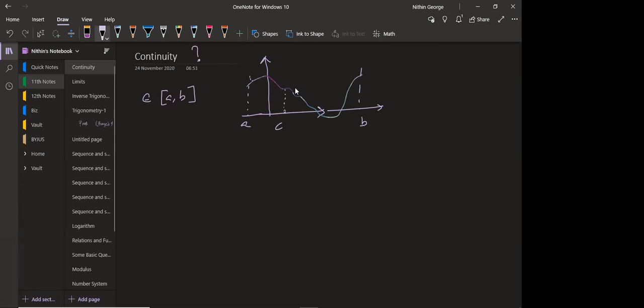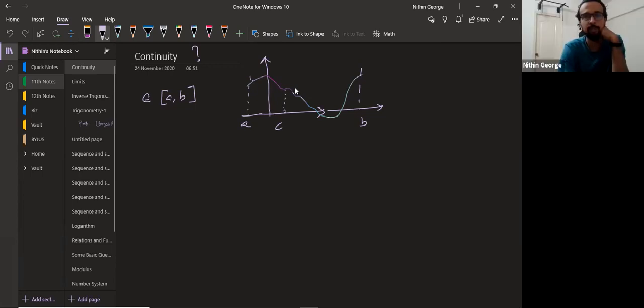So from left side and right side, as the value approaches C, the function should approach that value at C, sir. Nice. So, as you tend towards C, you need the limit as x tends to C minus f of x equal to the right hand limit. Basically, left hand limit should be equal to right hand limit is one part of it. So, this is C minus, this is C plus. You should see as it goes closer to C, it tends to the same value. This is coming to somewhere here, and this is coming to somewhere here only.